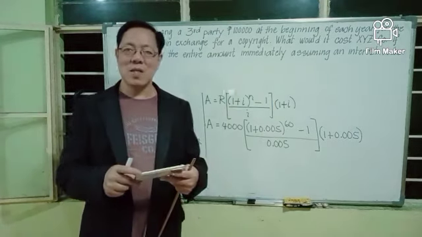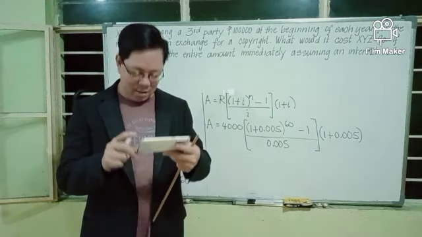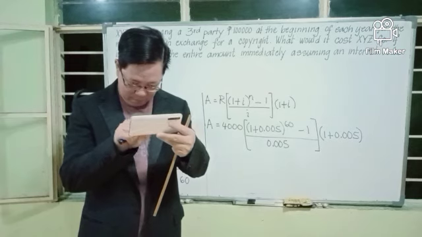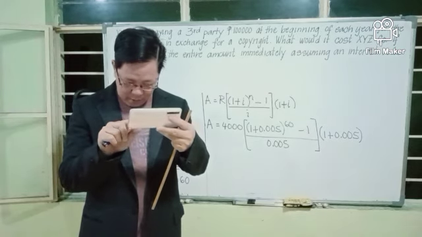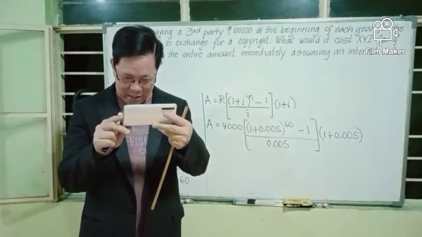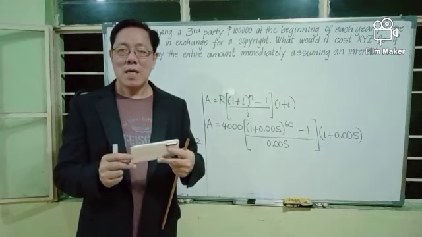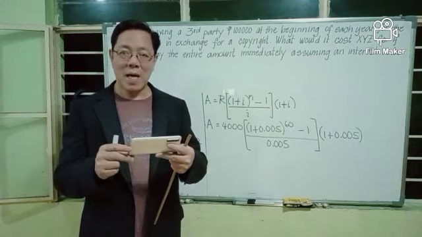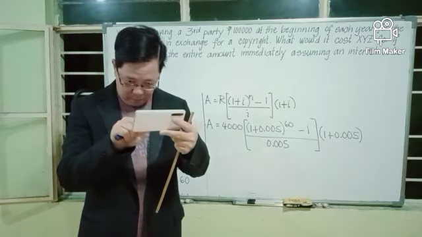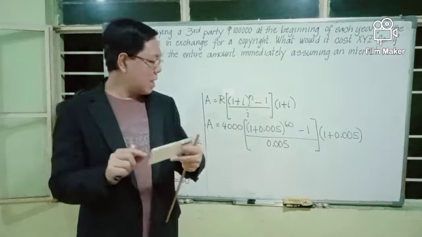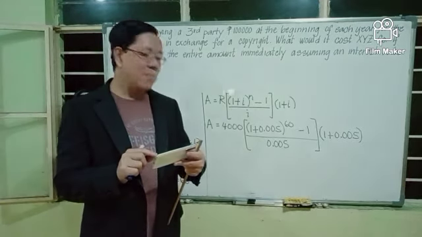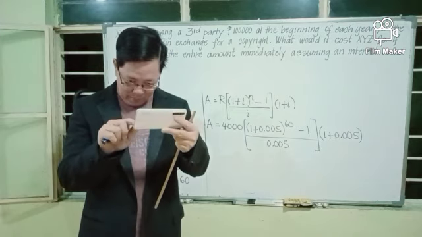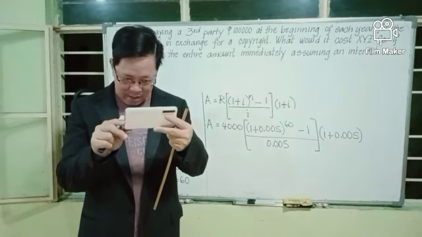We have 1.005 to the power 60. You should get 1.348850152. And from that answer in your calculator, you subtract 1. And the answer in your calculator, divide by 0.005. And you have